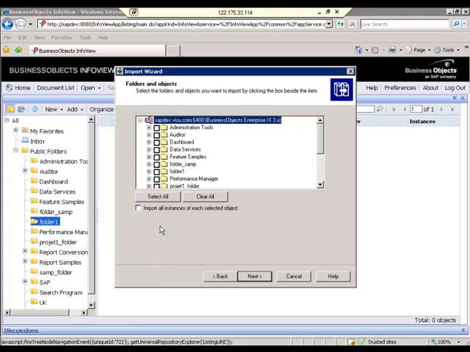See, when you see in public folder, we'll create one public folder and we'll give access for a lot of people, and we'll create a second public folder, we'll give access for a few users, third we'll give a few users access. That's why here it will ask, you selected public folder, tell me what folders you want to migrate from public folder. You have all these folders in public folders. If you want to migrate reports only for folder 1, select only folder 1.